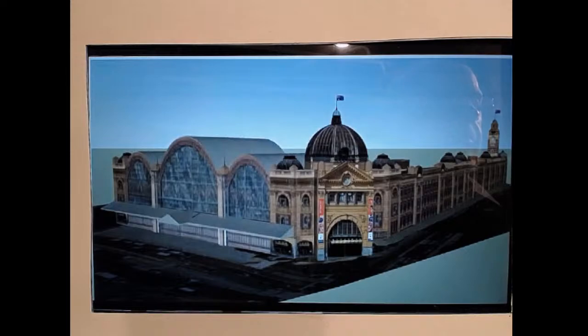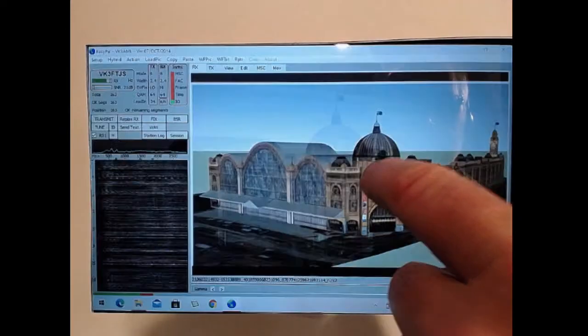I know I shouldn't say this, but I'm actually damn glad they didn't, because it would look out of place. When you look at what they were going to put in with a camel's hump, in comparison to what was already there, it wouldn't look quite good. But anyway, enough of that. I can wax lyrical all night about that building. At the drop of the repeater, VK3BOT will transmit his next image.